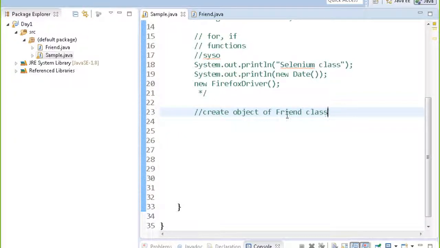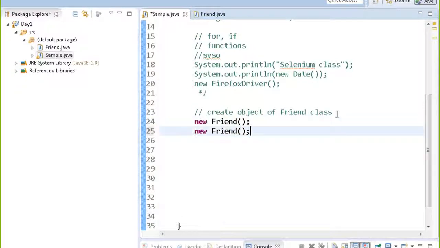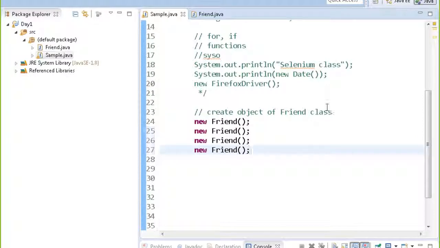Now what do you mean by you will create the object of friend class? I will write over here new friend. This means I have created the object. I can write it 4 times as well.